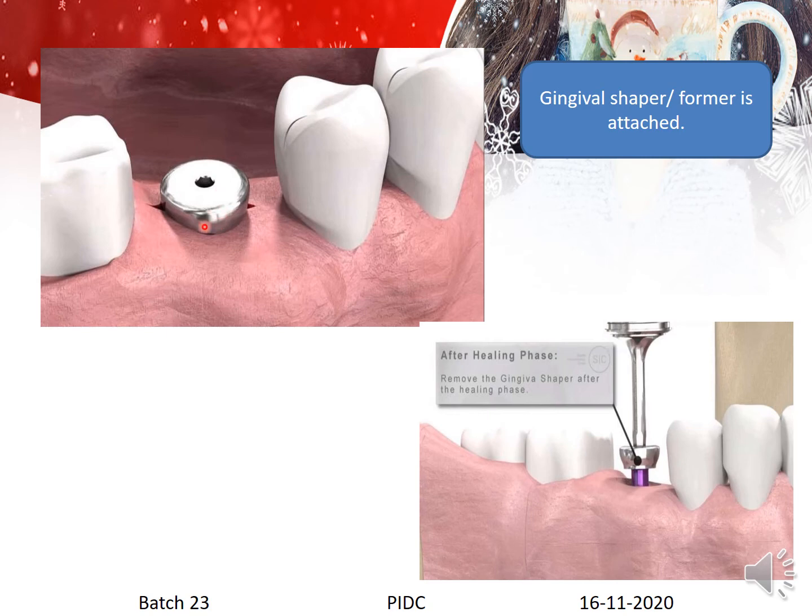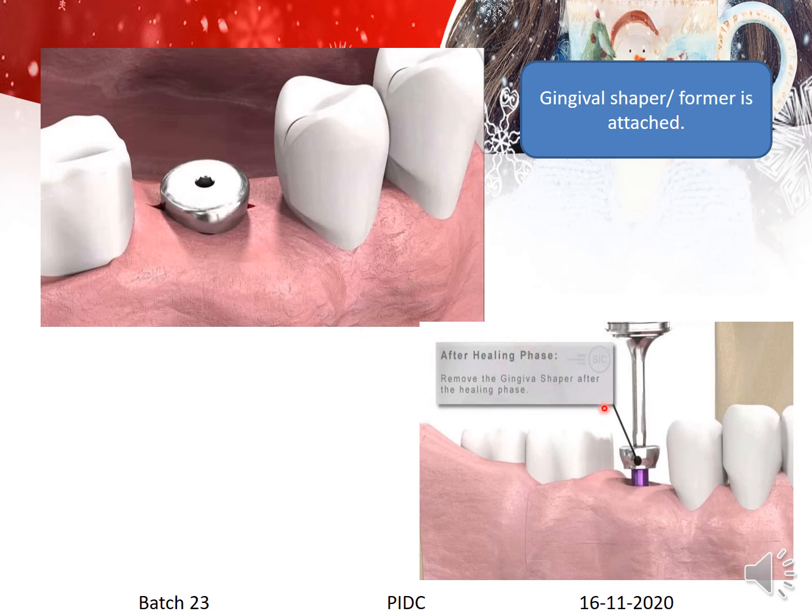So this is placed to adapt the tissues around the gingiva, the tissues around the implant. So when we are going to place the abutment, this forms a surface which is very much similar to that of your tooth gingival tissues. So after this, the healing phase is left to around 7 to 10 days,